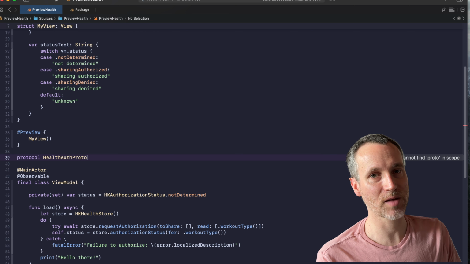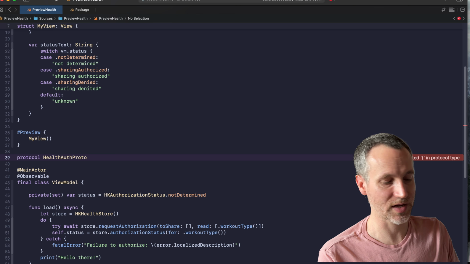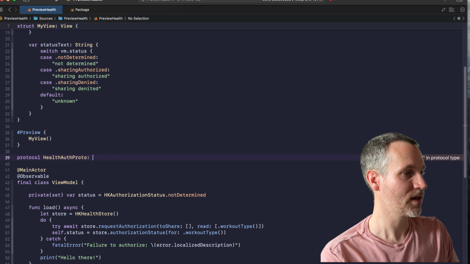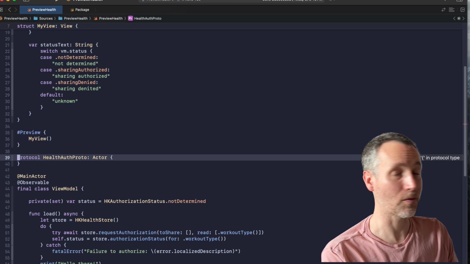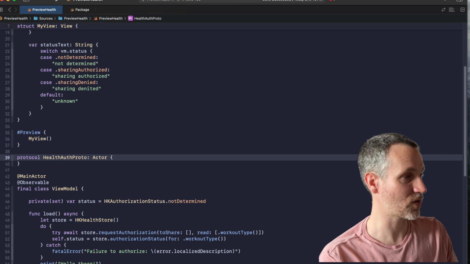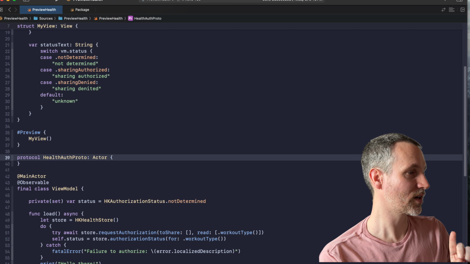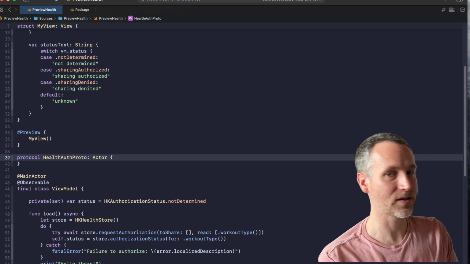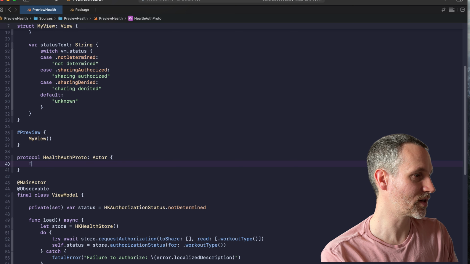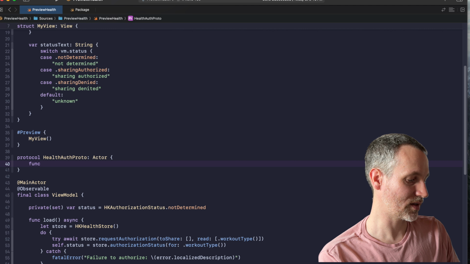Okay. Anytime I say proto, it means that it's a protocol. I'm just saving myself a couple of clicks here. And we're going to use actors for this because of our modern concurrency, our async await that we want to use. So we're going to say that anything that implements this is going to be an actor. And what's it going to do? It's going to, let's say,